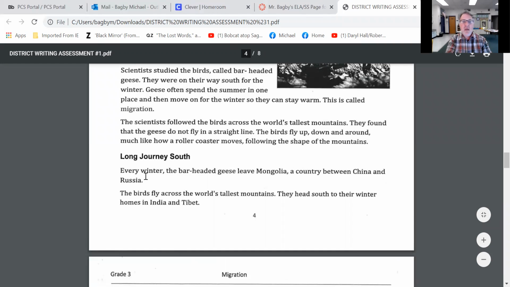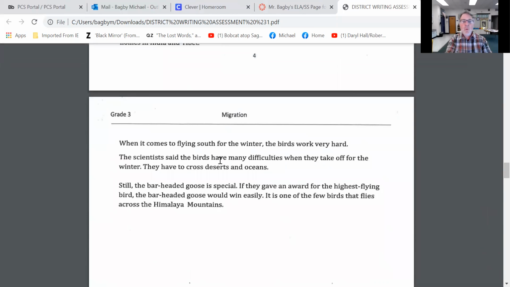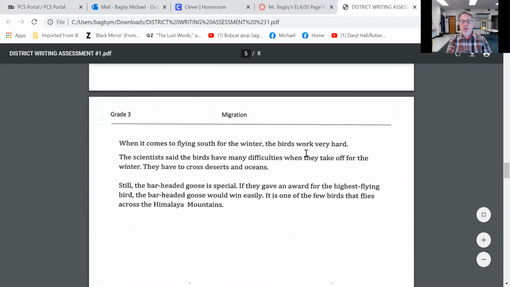Long journey south. Every winter, the bar-headed geese leave Mongolia, a country between China and Russia. The birds fly across the world's tallest mountains. They head south to their winter homes in India and Tibet. When it comes to flying south for the winter, the birds work very hard. The scientists said the birds have